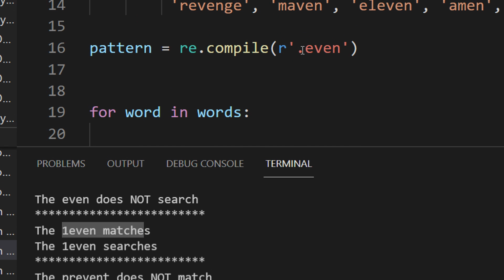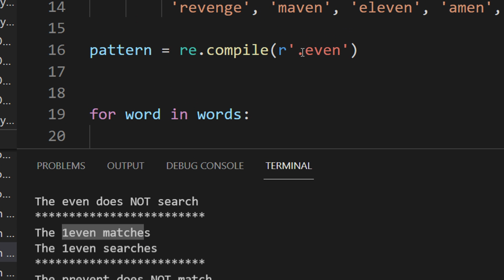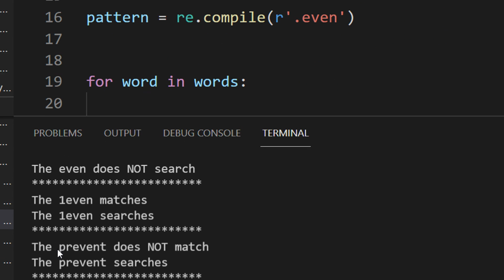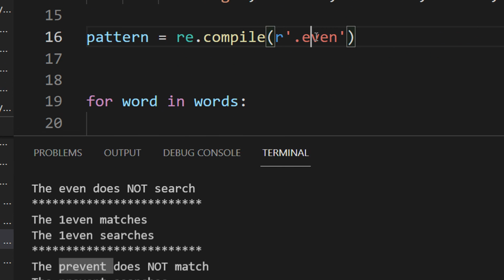If I give two dots here, then I'm allowing for two characters. By character I mean A to Z and also the numbers. I will check for symbols also. Then I have prevent. Now you can see prevent does not match. Why does it not match?